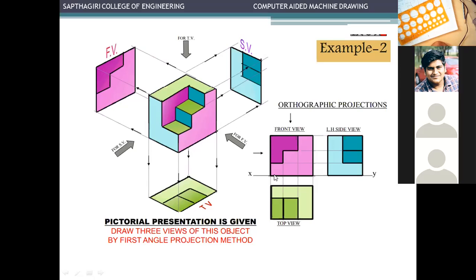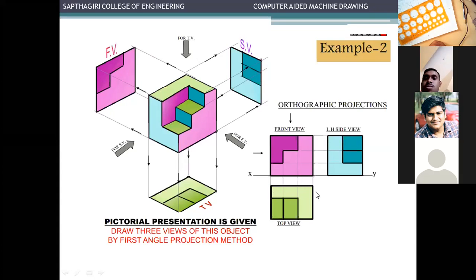Same way, this side plane should be understood and represented properly. And you cannot shift this. See, these are thin lines that are represented to obtain this top view and represent it properly. And this top view should be represented in such a way that it starts from a particular point. You can assume around one box distance and then complete the top view.